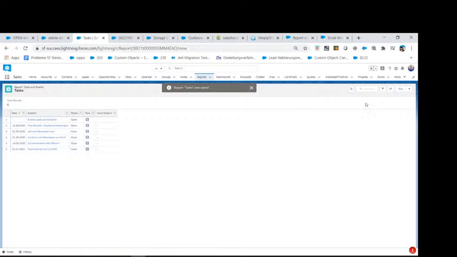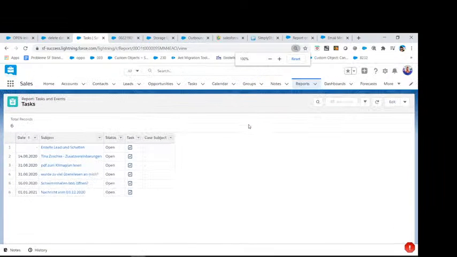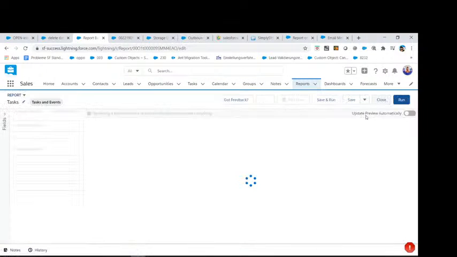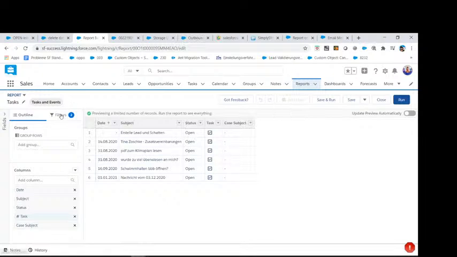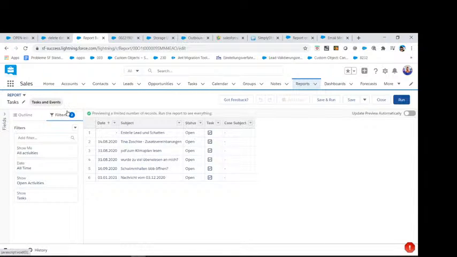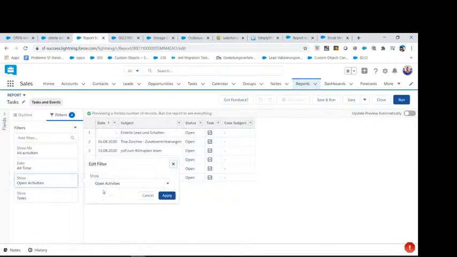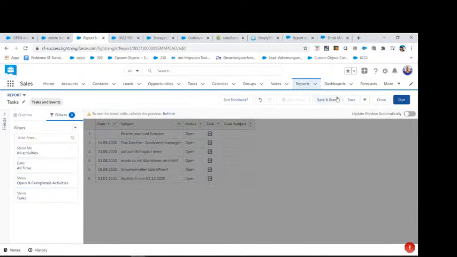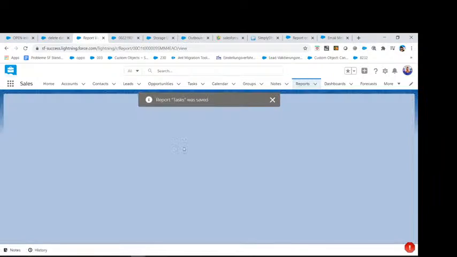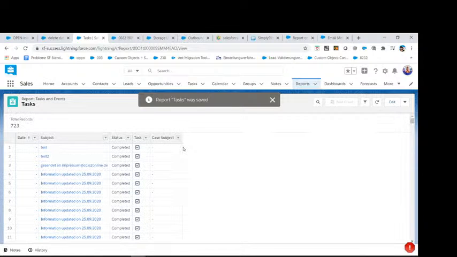But as you can see, we have put all the activities in here. Okay, it's not all the activities. We're going to have open activities, but we want to go for all activities for sure. That's why I open and closed ones. Hit save, and then we're going to go for everything, I think. It's going to be 700, so it's not that much. That's why it's not going to be worth it.